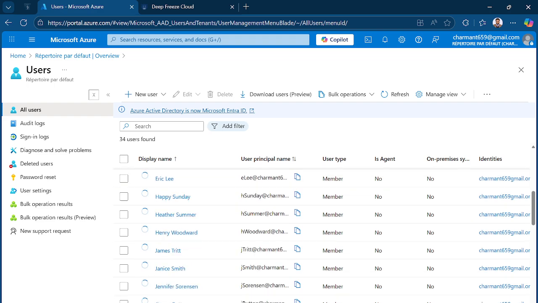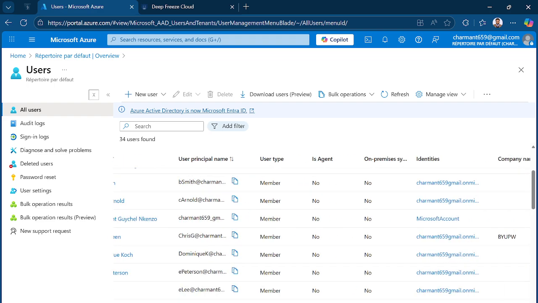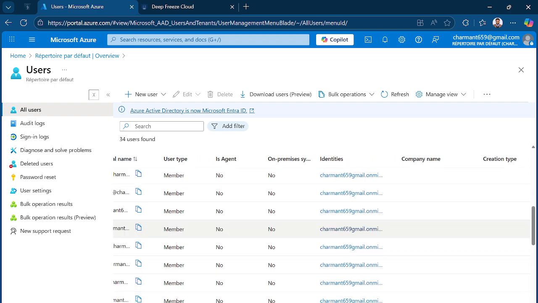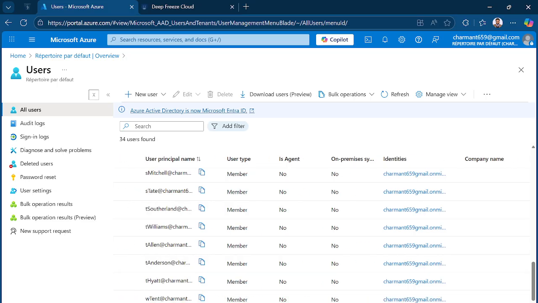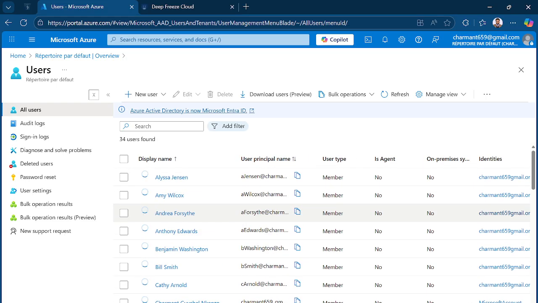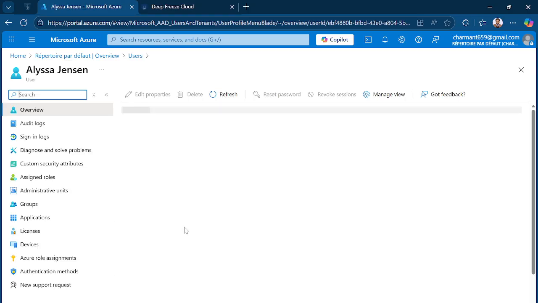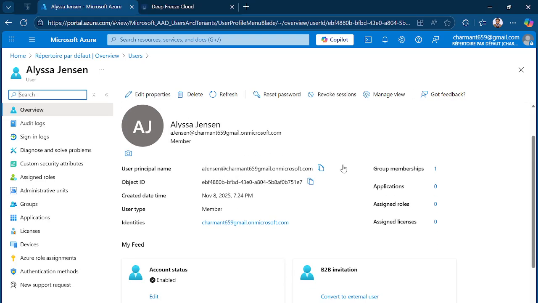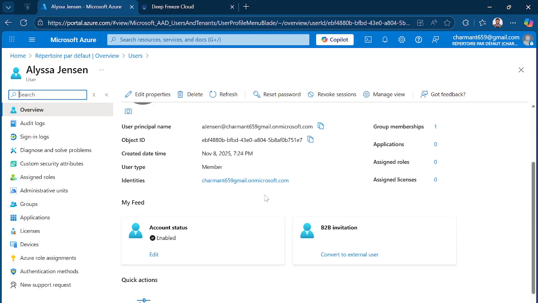All of the users are according to their respective group. And let me just show you quickly the groups and users. For example, this user, clicking on it, you can see this user is part of the